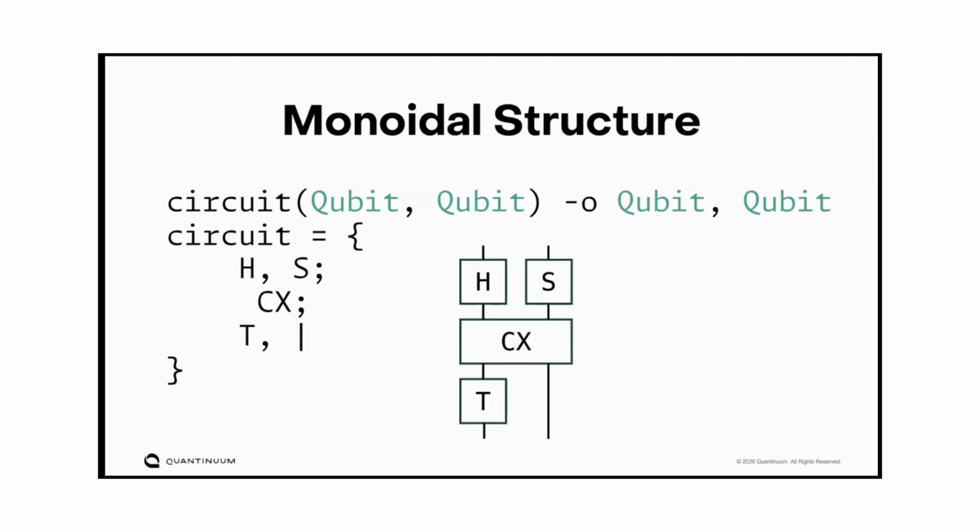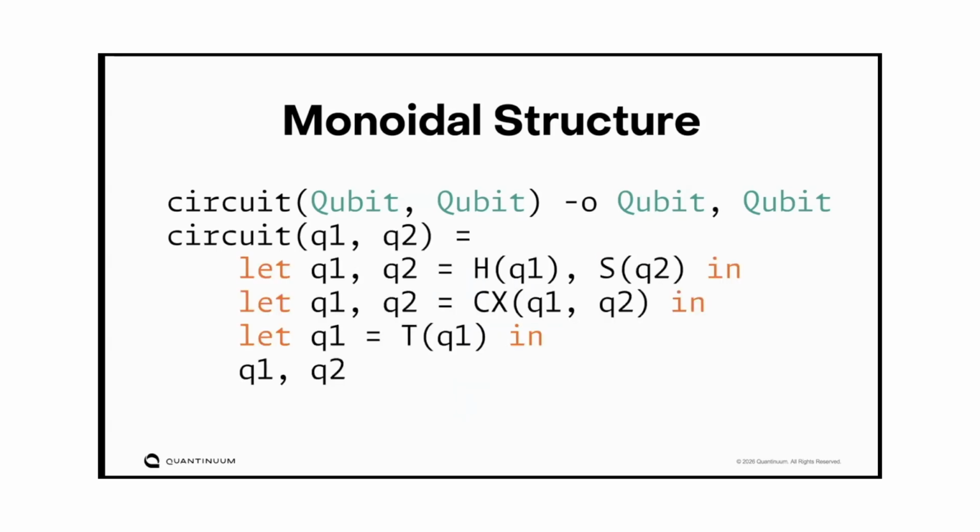Of course, if you really want to, we also support point-style stuff. So instead of defining circuit compositionally, you could also define circuit in terms of how it acts on the two input qubits, q1, q2, and then do some let bindings to apply the gates, shadow the variables, and then just return the row at the end. Okay, but in many cases,